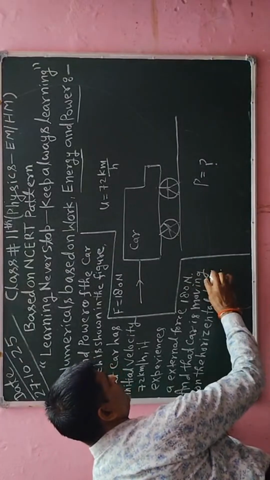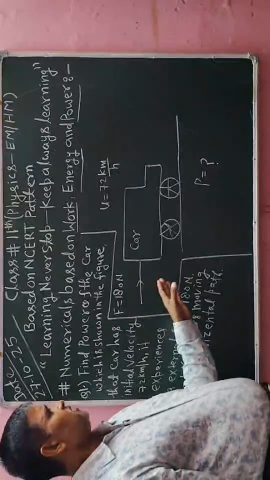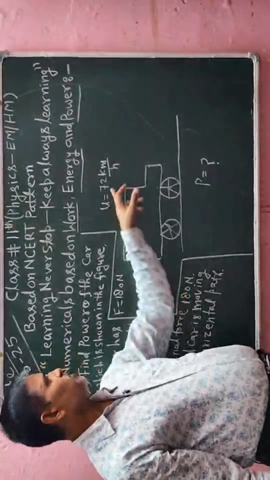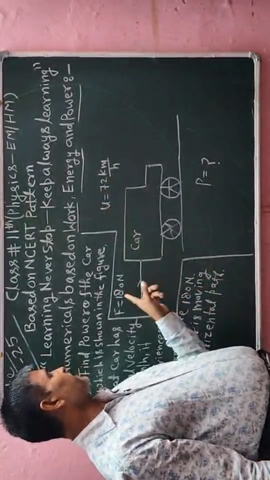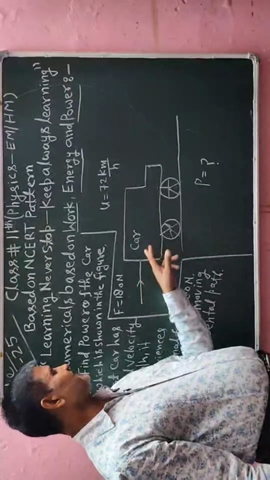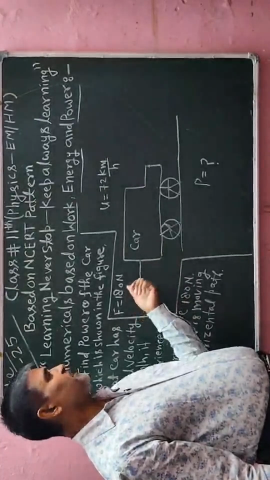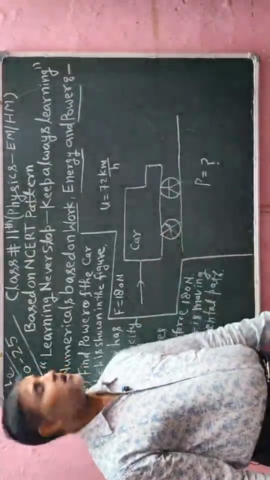That car is moving on the horizontal path. Okay, so this is the diagram of the car, and this car is moving with 72 kilometer per hour, and one external force that car is experiencing, so that force is 180 Newton is given here. So we have to find the capacity